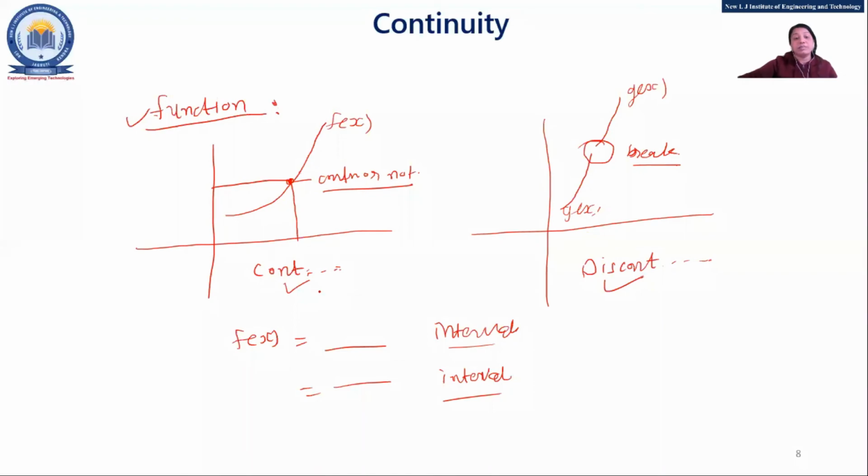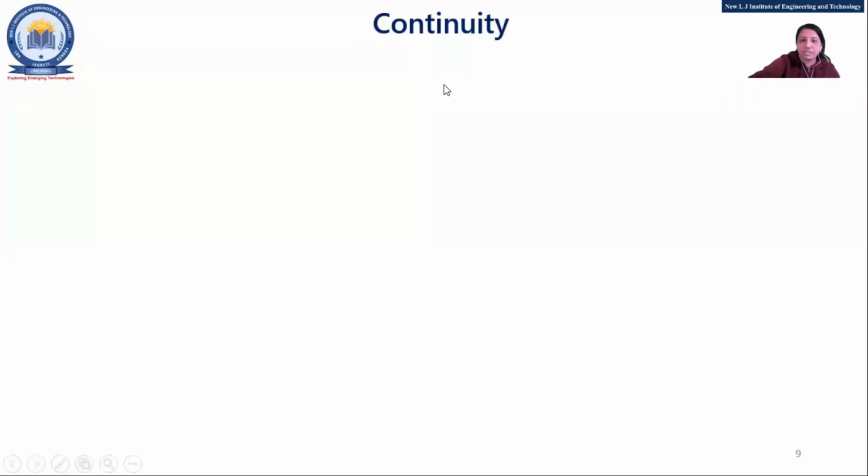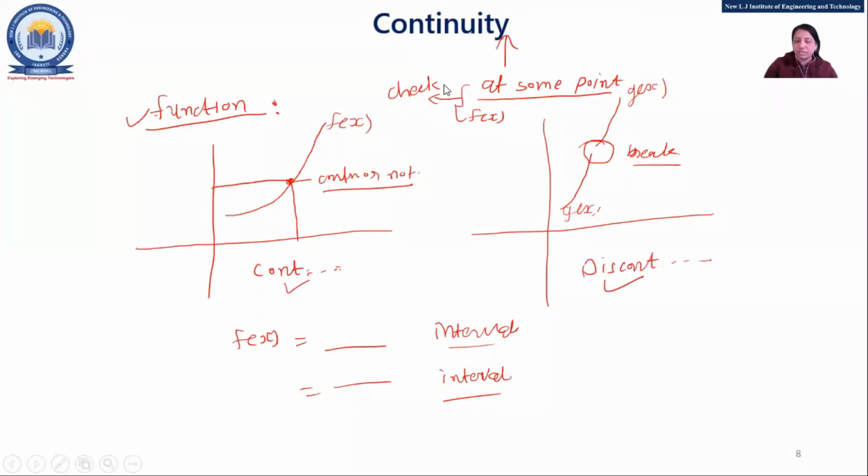If you are asked to check the continuity of a function, obviously it is at some point only. One point is given to you, the definition of the function is given, and it will be asked to check the continuity of the function. So this concept we'll see in our next lecture. Is there any doubt? Limit examples, and the simple idea of continuity of a function, fine.